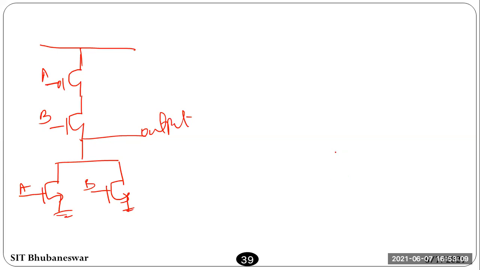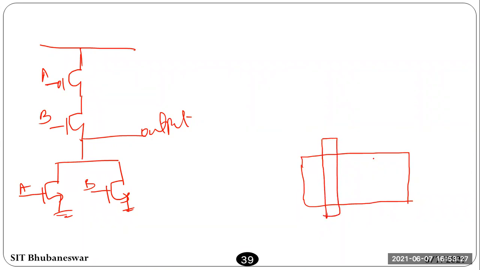So for that, what you will do? Our height is fixed, so we will not increase the height. For these two MOS, you will draw a diffusion like this, and the gates in one diffusion. So this is one transistor, this is one transistor. Separate diffusion will not be done. In single diffusion, you can do two transistors. Two gates means two transistors.